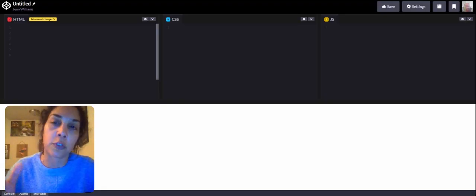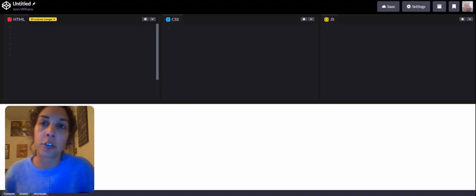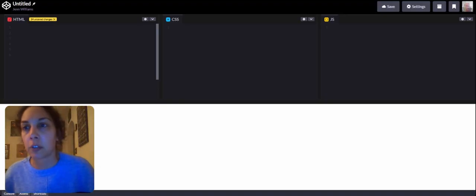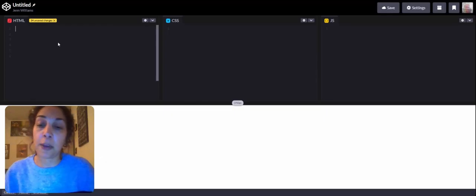So you can hit Control C once you highlight it, or you can just take your cursor and drag it over. You're going to right click on it and hit copy that way. And we're going to go back to CodePen. We're going to paste it in. Now,